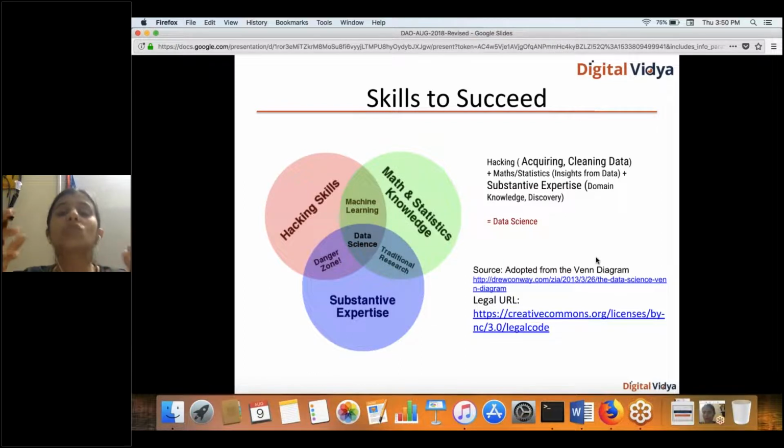One is that one needs to know how to use the tools, how to consume data and how to work with data. That's the first one, which is called hacking skills. It's not the negative hacking skills. It is positively saying you know how to hack with data. The second key skill is statistics, very important and very key. And the third thing is one must know the domain to be able to answer those questions.